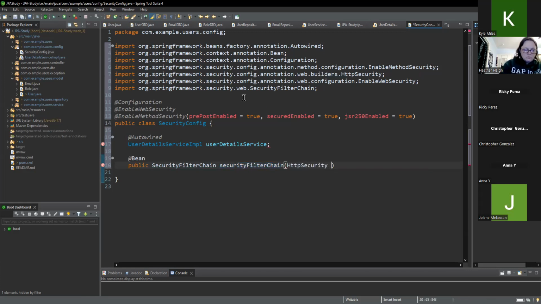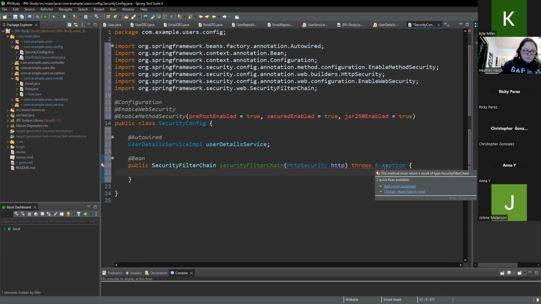HTTP security, HTTP, and we will just throws exception. Okay. We will return HTTP,